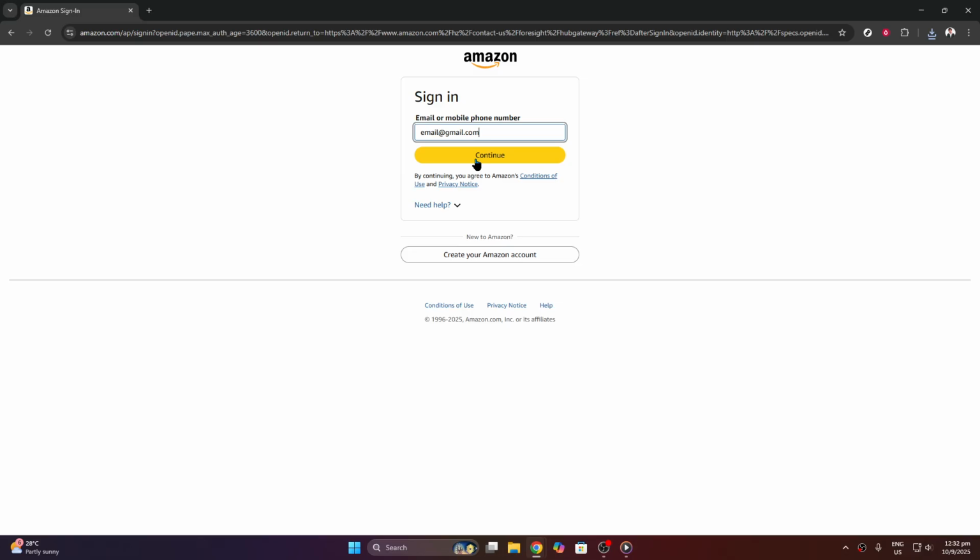Once you're on the Amazon homepage, scroll to the very bottom of the page. In the footer, you'll see a link labeled Help. On some mobile browsers, you may need to open the main menu and look for customer service or help there. Go ahead and click Help. This takes you to Amazon's Help and Customer Service area, which is where the tools for tracking packages, managing orders,